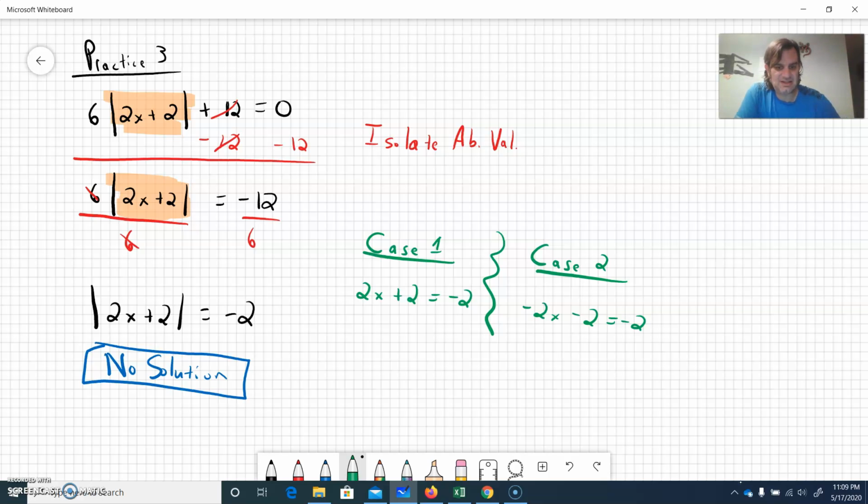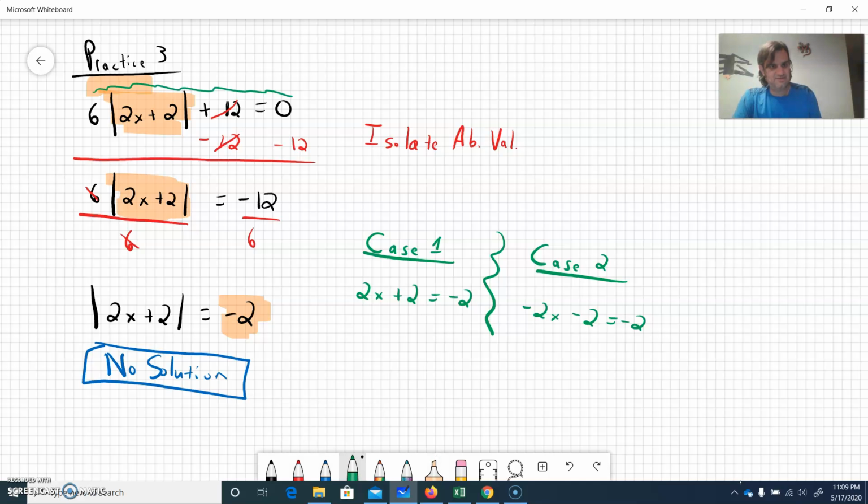So if you're not paying attention, back here where you get an absolute value equal to negative 2, and just stop right there, you'll get 2 answers from the 2 cases that you really have to check to realize they don't work. So no solution is where you end up here, and you can stop early if you're paying attention. But be careful, because just because you have a negative on one side doesn't mean it's the end of the world, because if we go back to the original problem up top here,